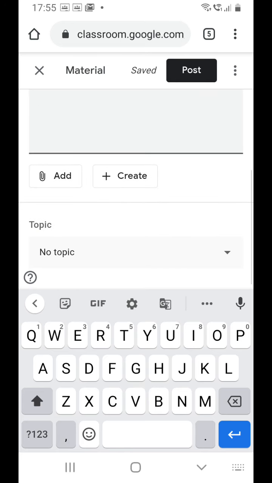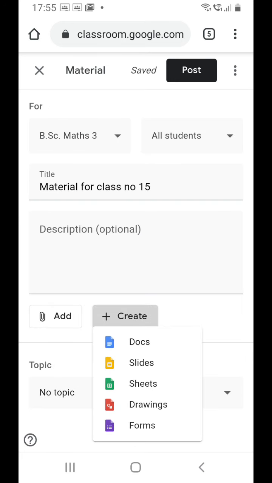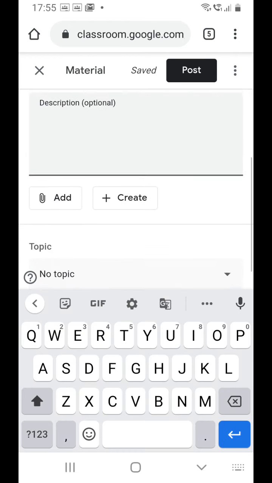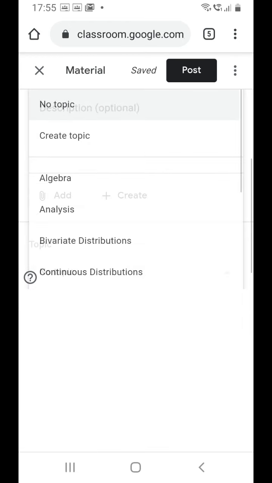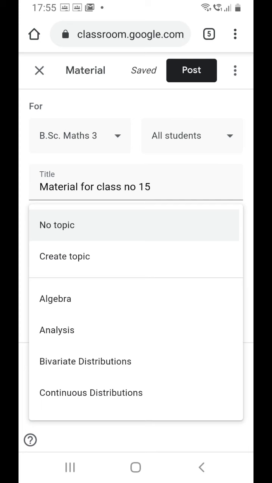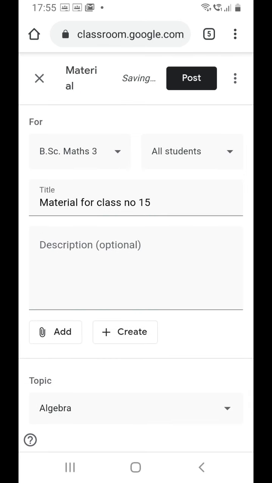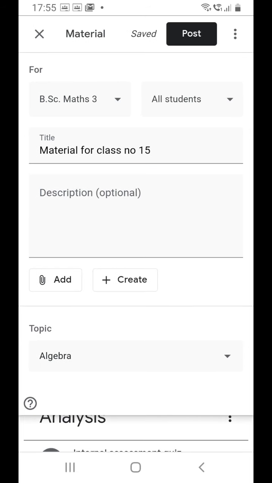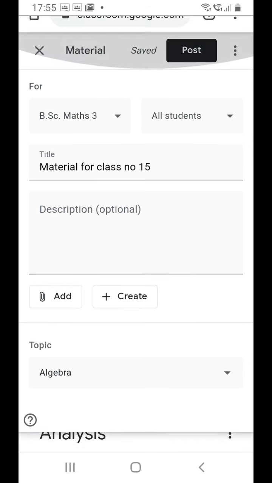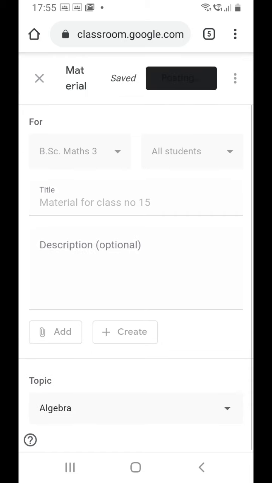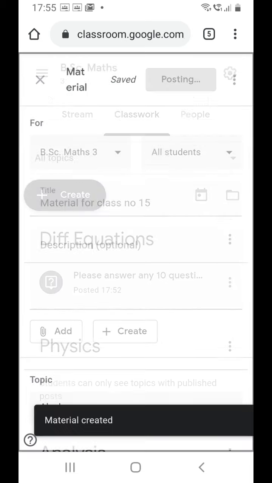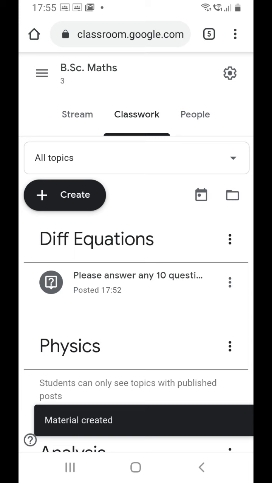In this way you can create some more files also. You can provide a topic, a new topic, or already existing topics can be provided. Suppose my material is related to the topic algebra. I can click on algebra and then I can post. Because this is material, there is no option for due date.